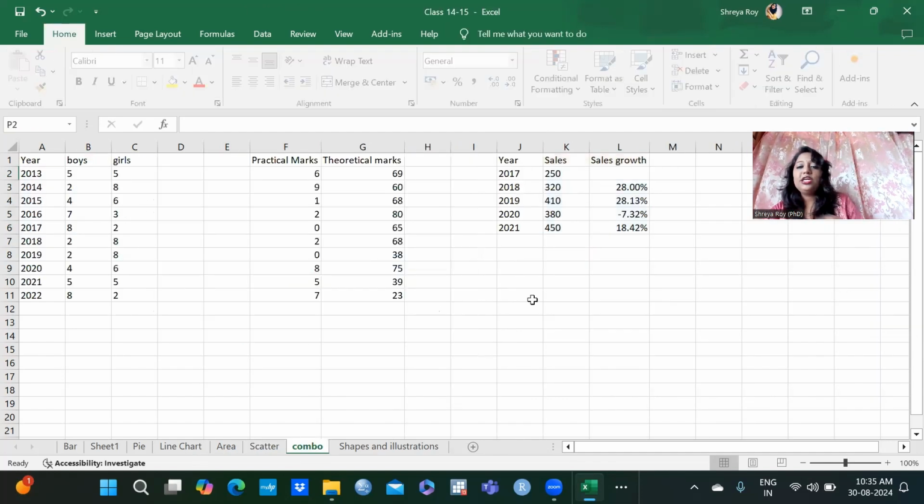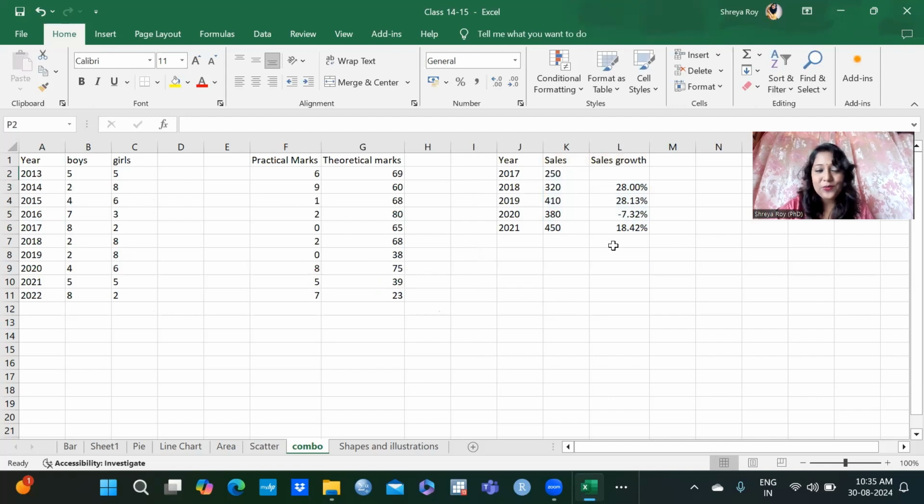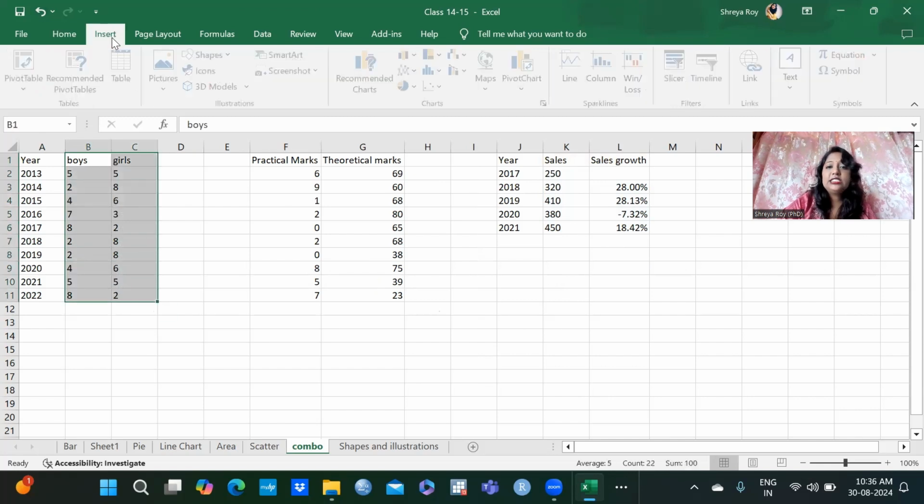Moving to a combination. So combination is when you use 2 or more chart styles or chart types to display data. For example, let's take over here. Insert,